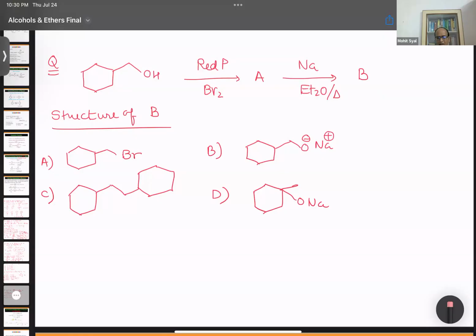Red phosphorus in Br2, that is PBr3. So A is this one. And then you have sodium and dry ether, that is Wurtz. So in the Wurtz reaction, you have these two molecules joining with each other. So the correct structure of B is this one. Got it? We will be doing the other important part of alcohol reactions in our CBSE class, and accordingly we will follow